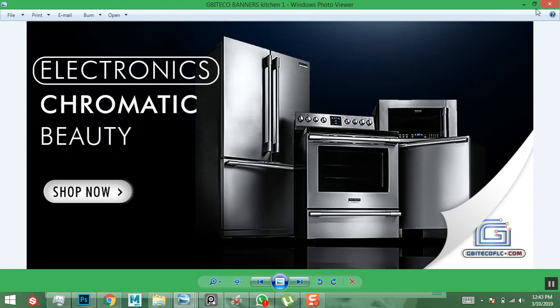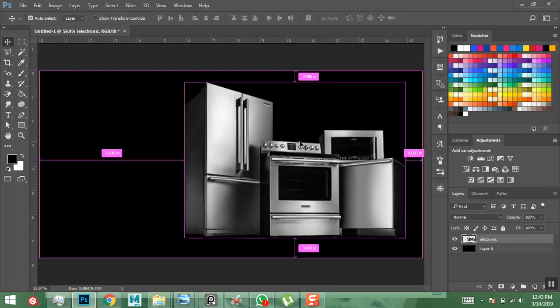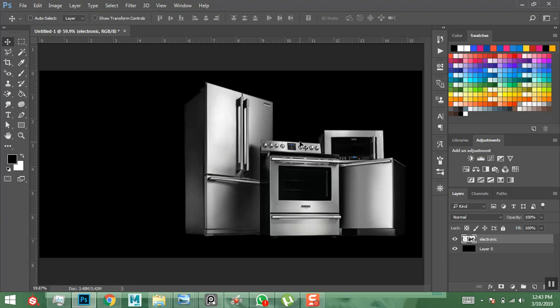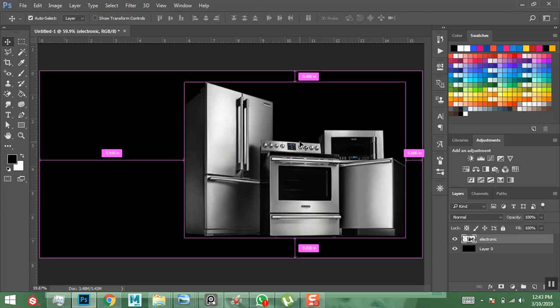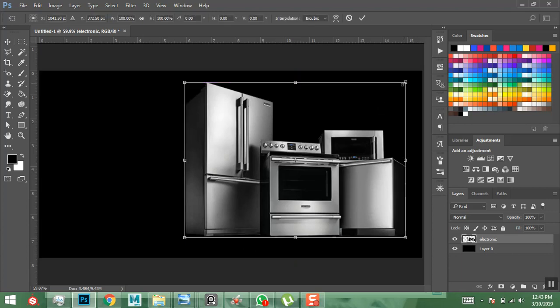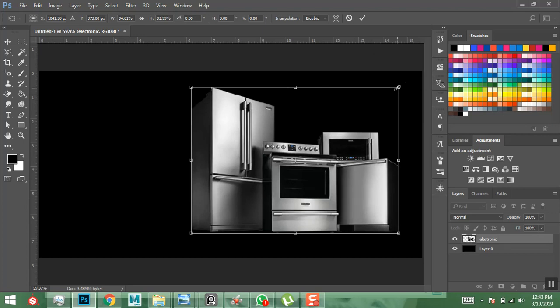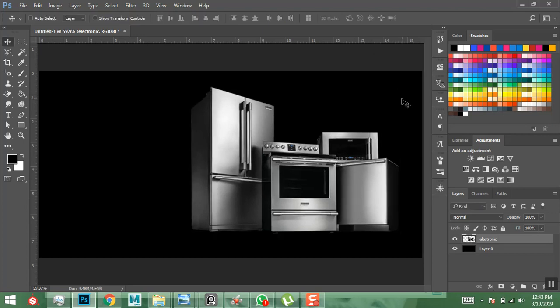So, like so. I think I need to rescale this just a little bit. So, for me to rescale this, I need to press Ctrl+T on the keyboard. Then resize this just a tiny bit, like so. Then press Enter to accept this. So now the next thing I want to do is to